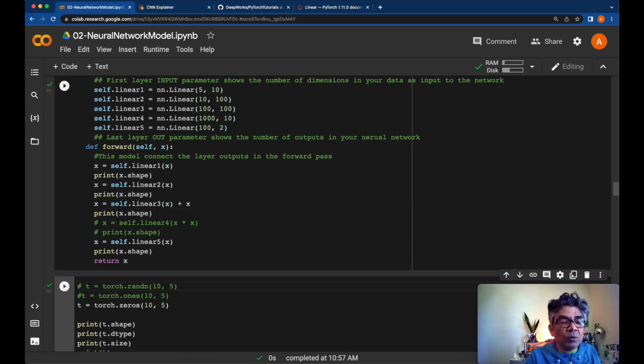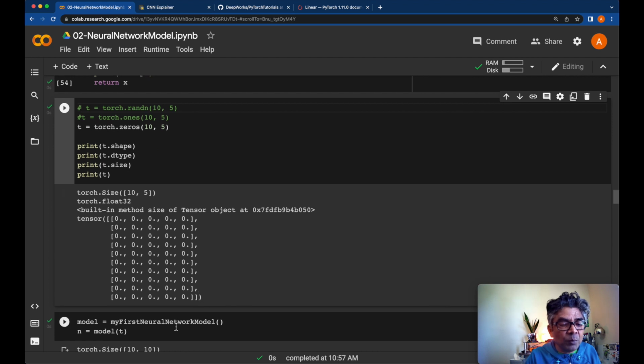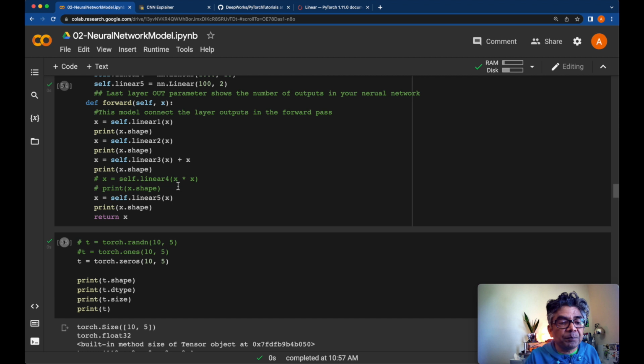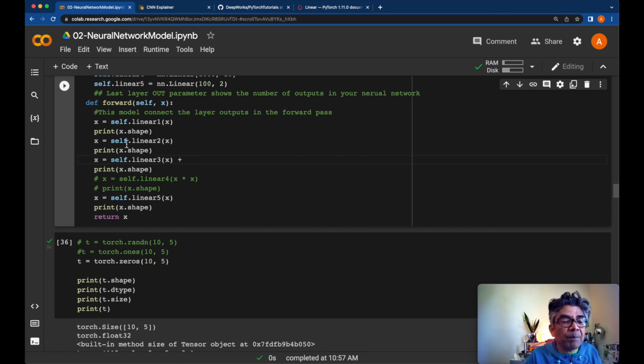So if we try to use this math, we try to input our data, that calculation is going to work correctly at X, because X is the linear2 of X. At this point, if you say self.linear2 of X, that is not going to work, because the X is already the linear2 now. So it will not be able to work correctly. You can store that variable and then use that, and that might work for you. So for example, if you say here